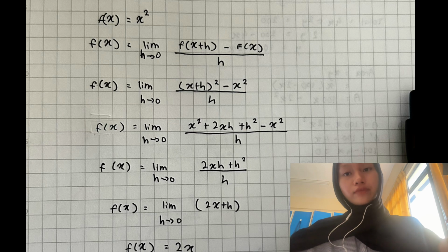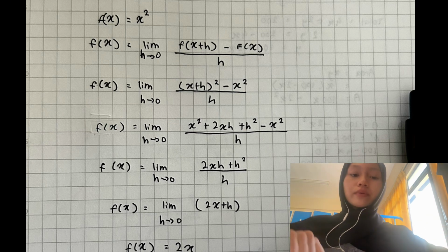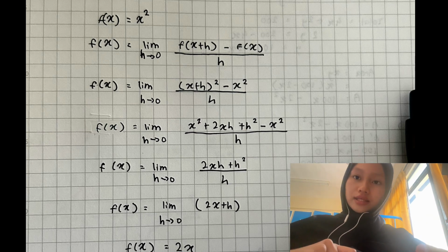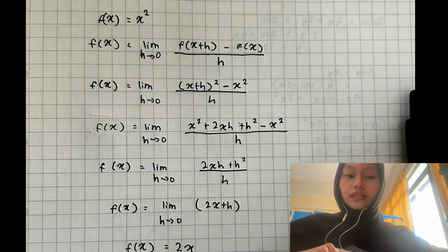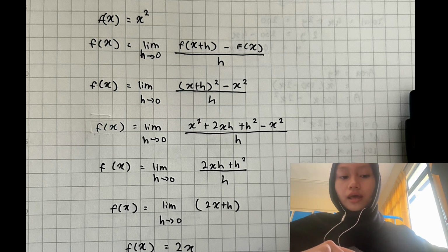For implicit differentiation, we are going to use the first principle formula. So the question is f(x) equals x squared. And then the formula of the first principle is f'(x) equals the limit as h approaches 0 of f(x plus h) minus f(x) divided by h. So first we substitute x squared into the formula, and then we expand the (x plus h)